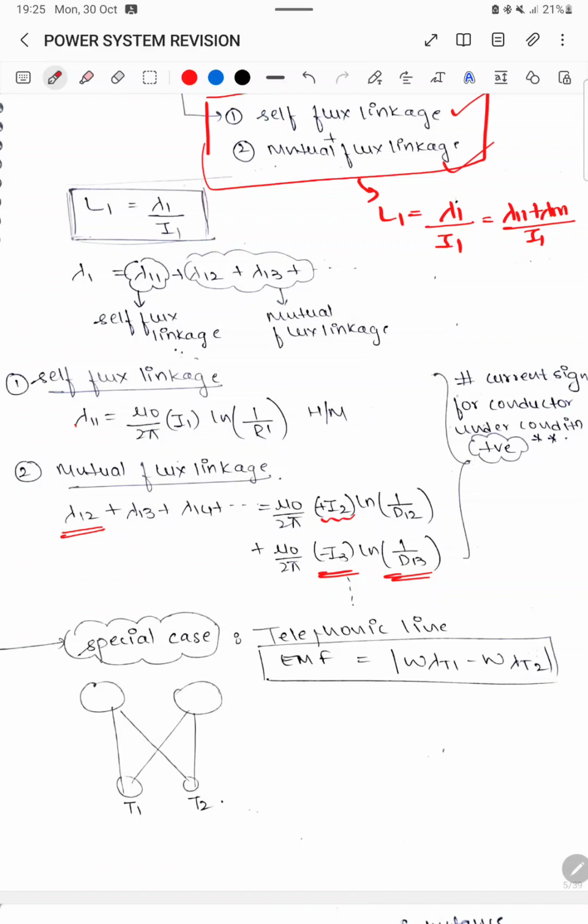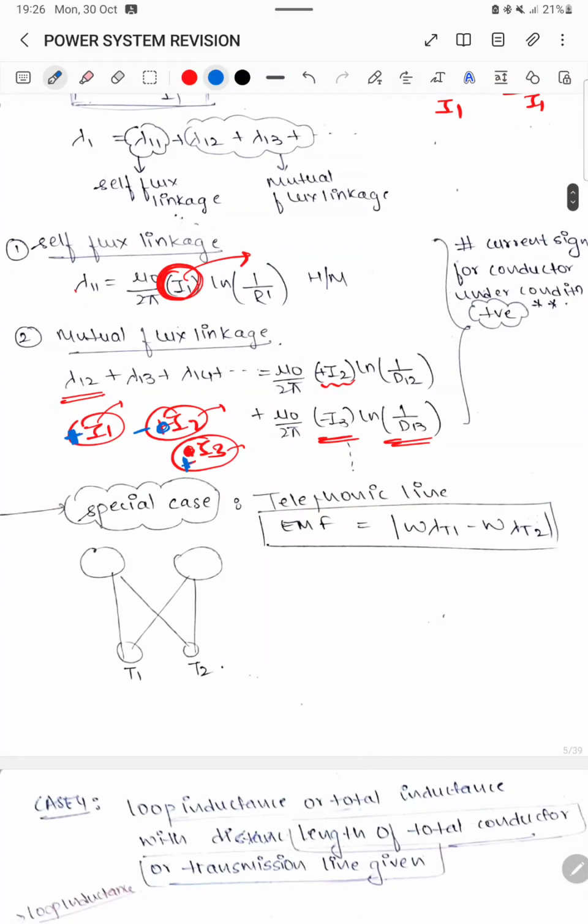One thing you need to take care of is, whosever flux linkage you are calculating, that current will always be positive, and the remaining currents you will take with respect to that particular current. For example, I1 is positive, I2 is negative, I3 is negative. Let's say I1 was negative, I2 is positive, I3 is negative. In that case also you will take I1 as positive only. Whosever flux linkage you are calculating, that current will always be taken positive, whether it's positive or negative. Since it has changed from negative to positive, the direction in the rest of the conductors will change. So I2 will become positive to negative, I3 will become negative to positive.